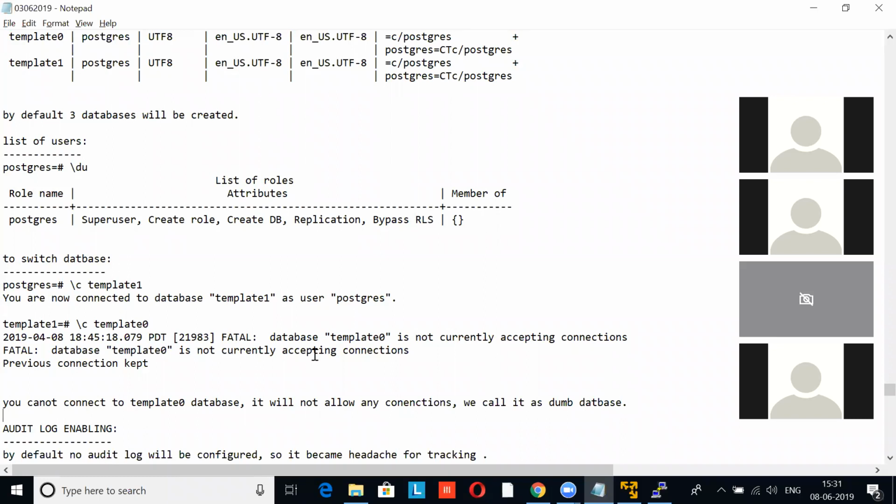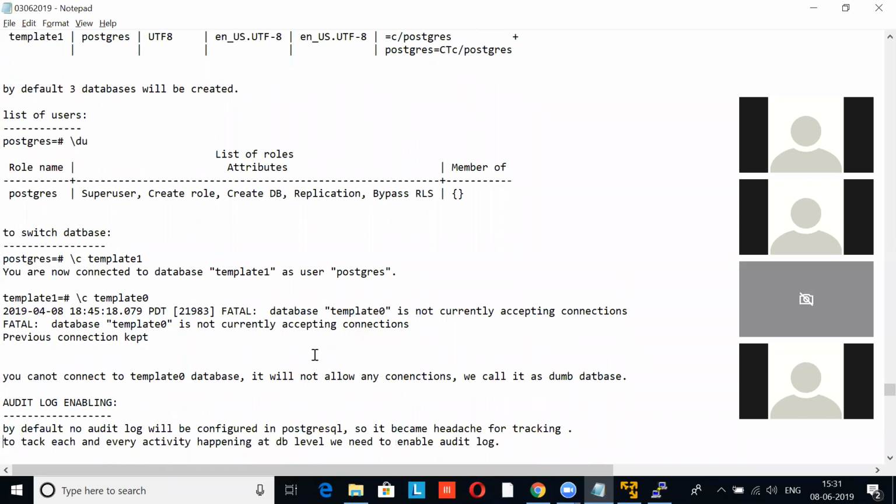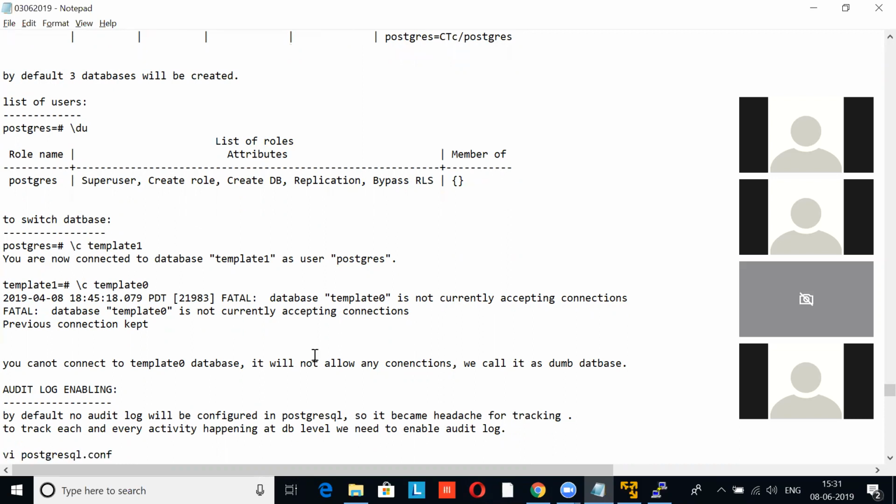See, why audit log actually? By default, no audit log will be configured in PostgreSQL. So it is needed for tracking, right? To track each and every activity happening at the DB level, we need to enable audit log. If you do not enable audit log and someone drops a table,